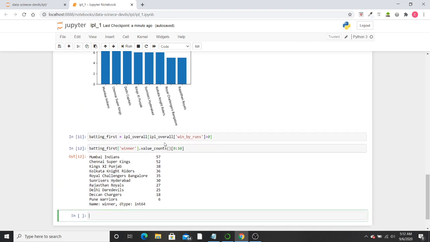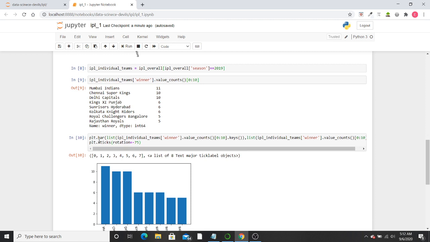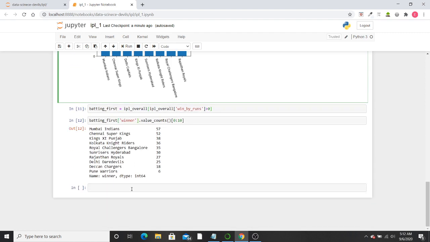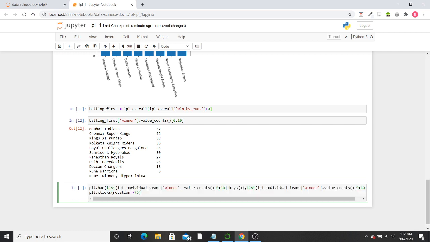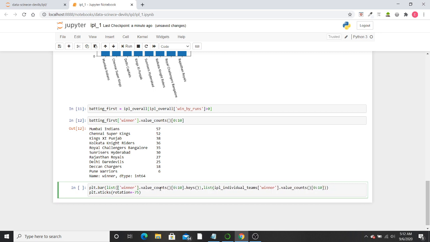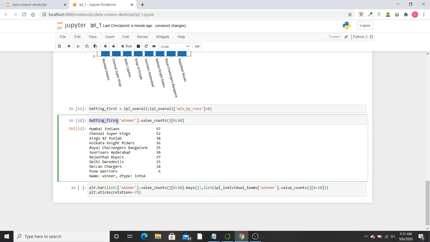Now we'll visualize it. So again for visualizing, I'll copy this and paste it here. And now the object's name, not the team's name. Copy it.